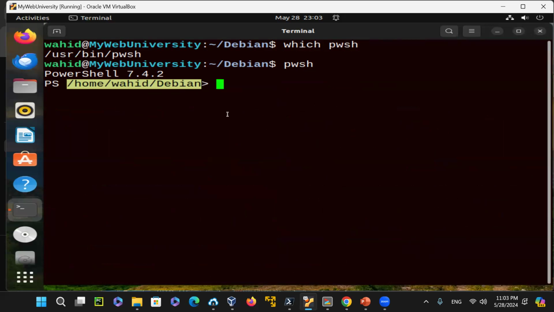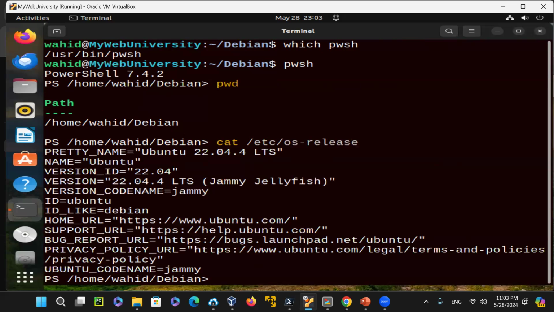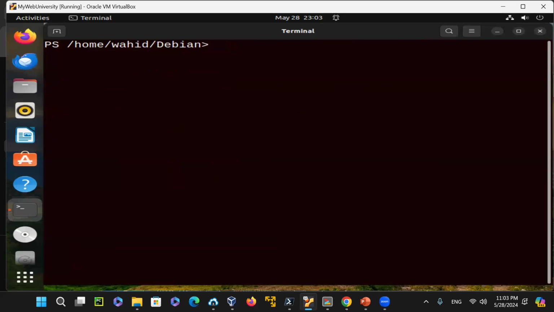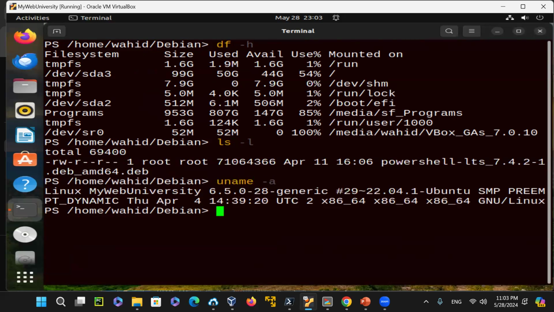And then if I just do a pwd, it says that I'm on the home Wahid directory. Notice this pwd is a command that is on Linux. So can I run any command? Yes, I can run cat /etc/os-release, and then I see Linux. Can I say df -h? Yes. Any command that I know on Linux, it is working here, including some utilities and programs and scripts like